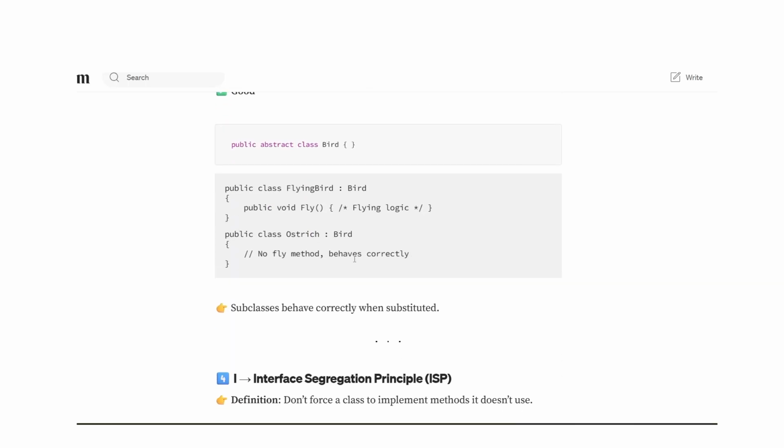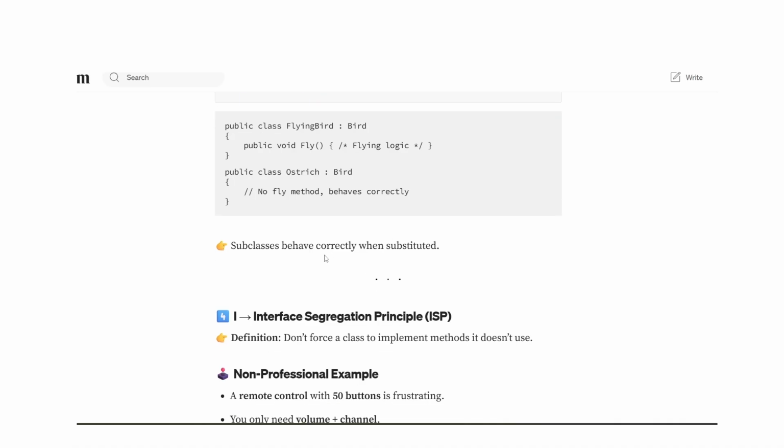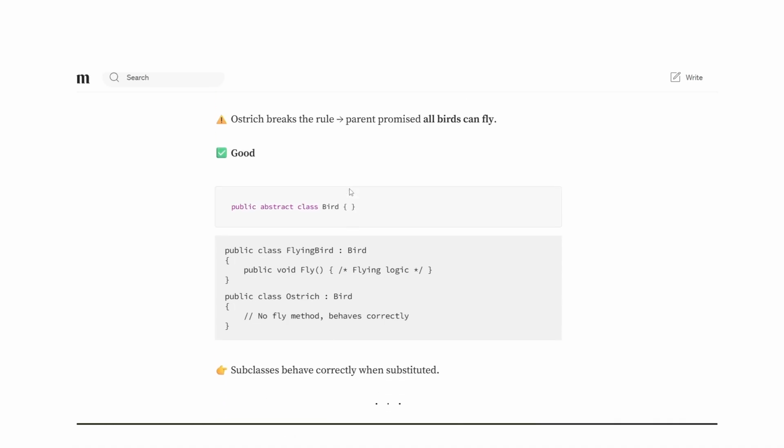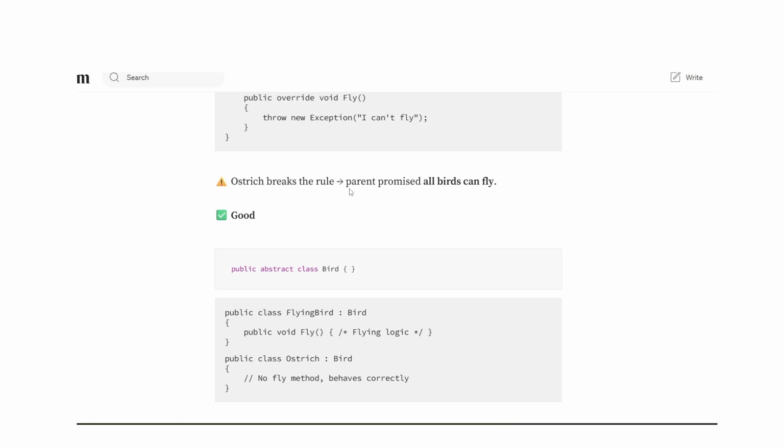Here we can follow the Liskov Substitution Principle. We use a public abstract class Bird and a FlyingBird that we inherit, and there we add the flying logic. In Ostrich we don't have a Fly method, so it behaves correctly. Subclasses behave correctly when inherited and used, and are not forced to implement that method.